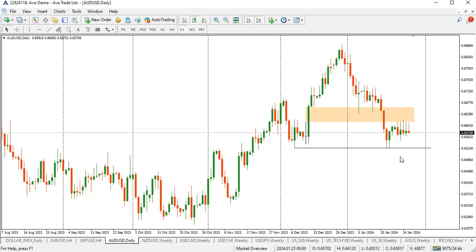This to me is not support for me. I want to see it trade lower. We have this area of inefficiency right here that I'm eyeballing. So I want to see price gap lower. That's what I want to see. See price gap lower, trade lower. This should act as a breakaway gap or lower.